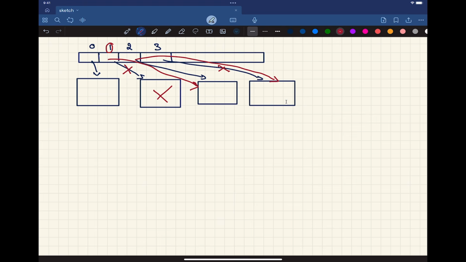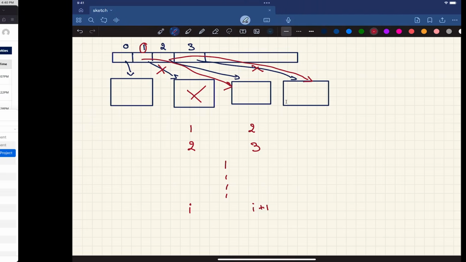So what you can see is before you do delete, what was at index 1 is now at index 2, and what was at index 2 is now at index 3. So you can kind of see there's a pattern. What you get is what was at index I is now at index I plus 1. Okay? So if I switch back to my code,